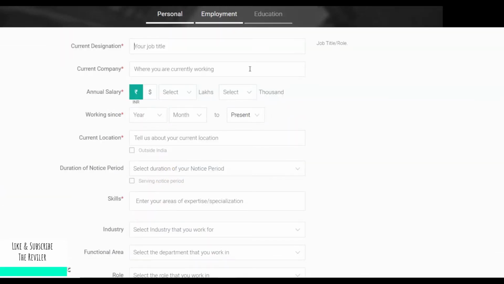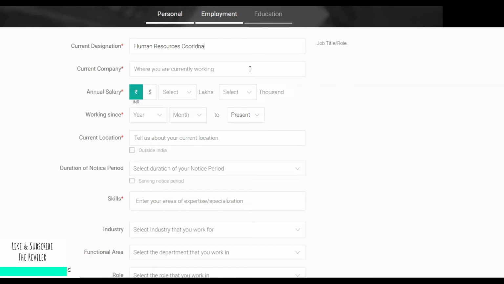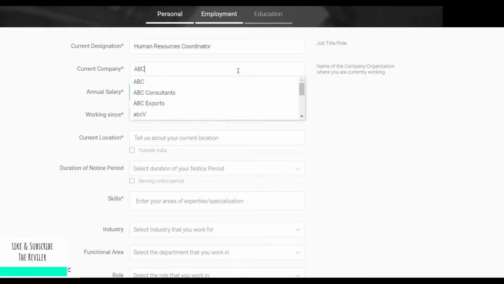If you're a fresher, you will not get this window. If you're experienced, you'll get this window. So you'll write here your current designation. I'll write here my designation, human resources coordinator. The company where I was working, I'll write here ABC company.